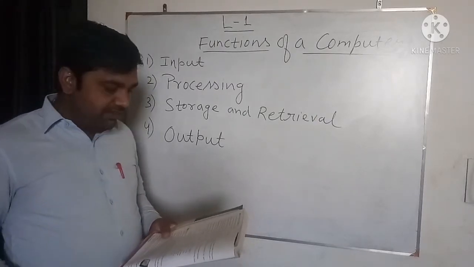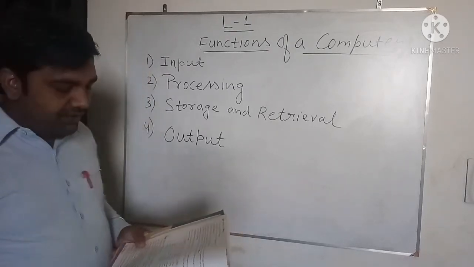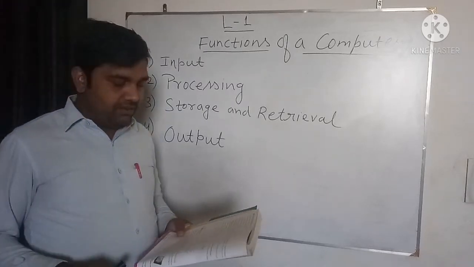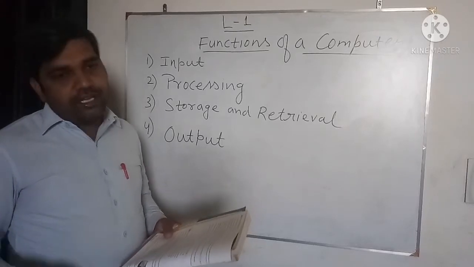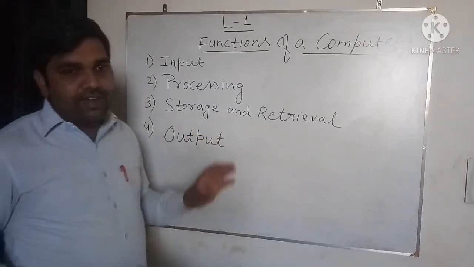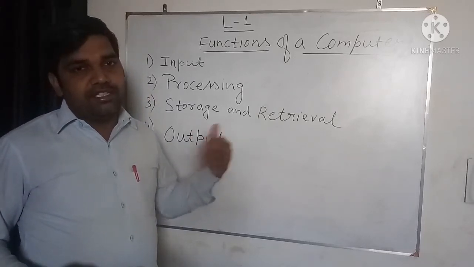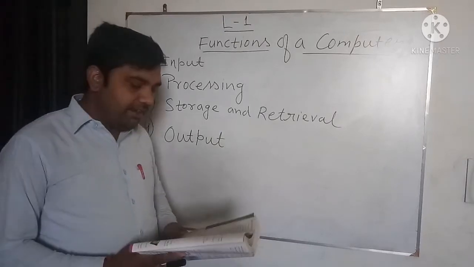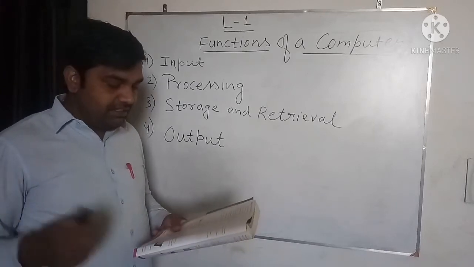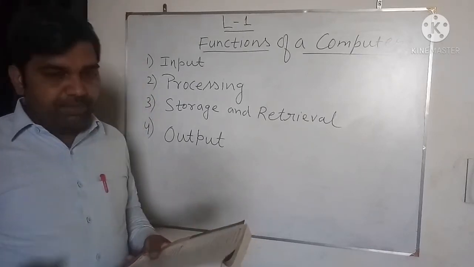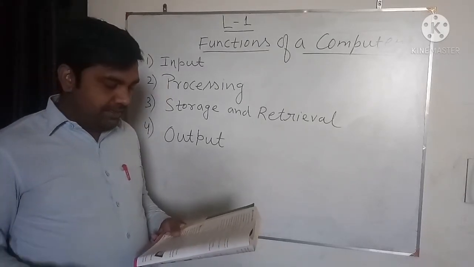Okay. The second scenario given is calling a person on phone. What is the input? We are dialing the telephone number of a person on the phone, that is the input. Now what is the process? Establishment of connection and ringing of a bell. Whenever we dial a number from our mobile, it starts establishing the connection with that person's mobile, and a ringing bell will start after the connection. That is the process. Output: communication between two people. After this process, the communication between the two persons starts.